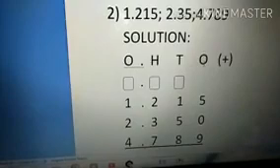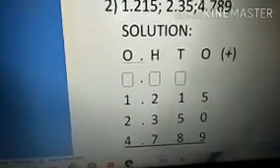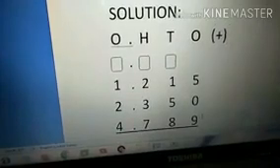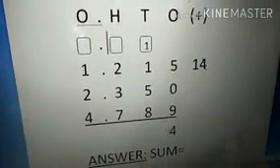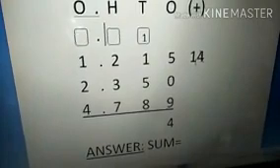So addition: we have 5 plus 0, 5. Then 5 in the mind. How many fingers you need to take? 9 fingers. So 5 plus 9, we get 14. I strike out 4 right under the ones place.